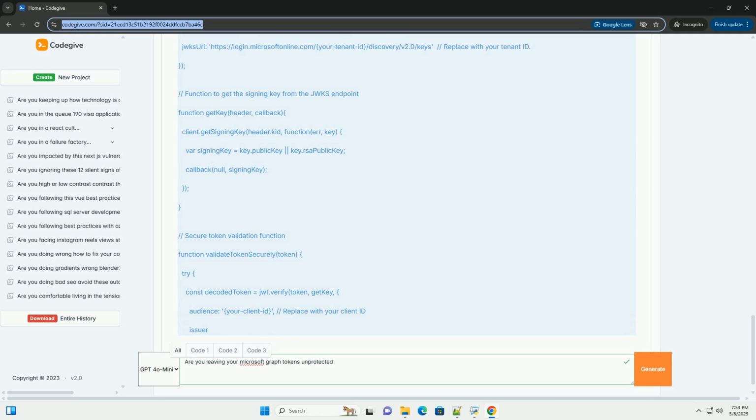5. Insecure transmission of tokens. Transmitting tokens over an unencrypted connection, HTTP, makes them vulnerable to interception. Problem: man-in-the-middle attacks can intercept tokens sent over HTTP. Mitigation: always use HTTPS. Ensure that all communication between your application and the Microsoft Graph API, as well as any communication involving tokens, is done over HTTPS,